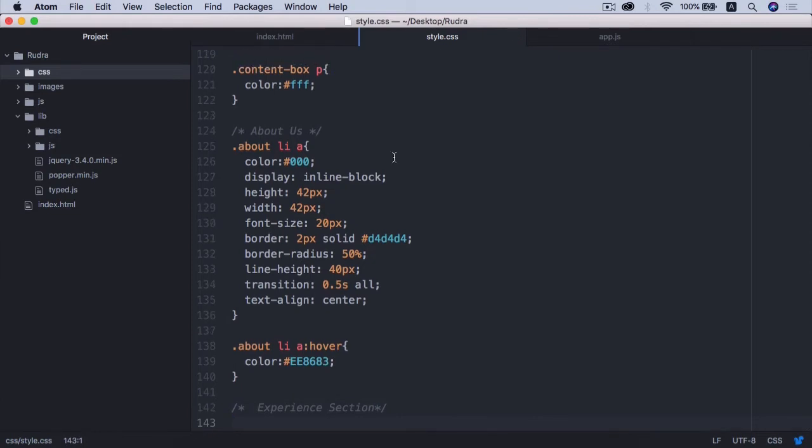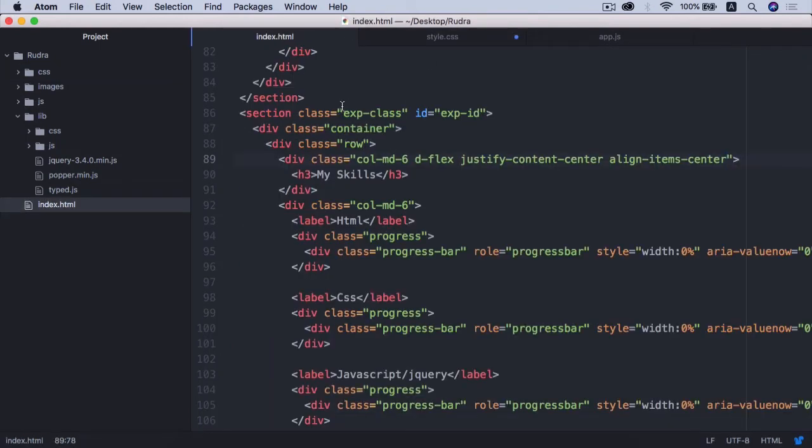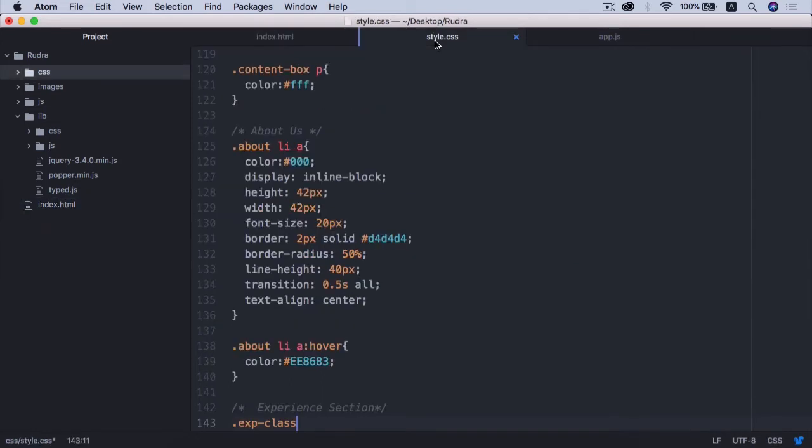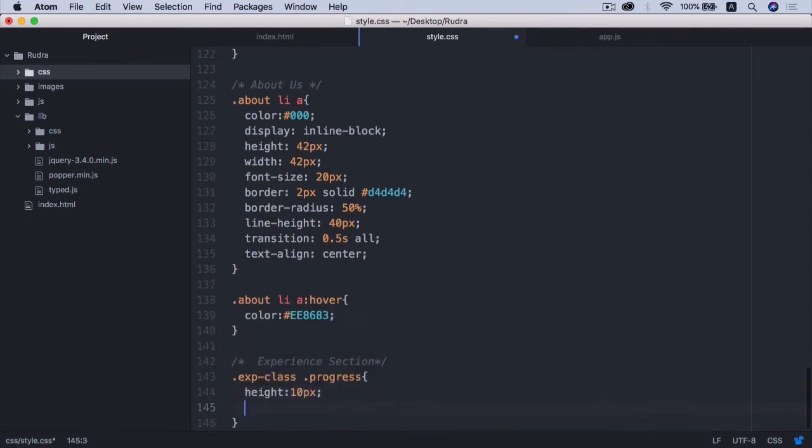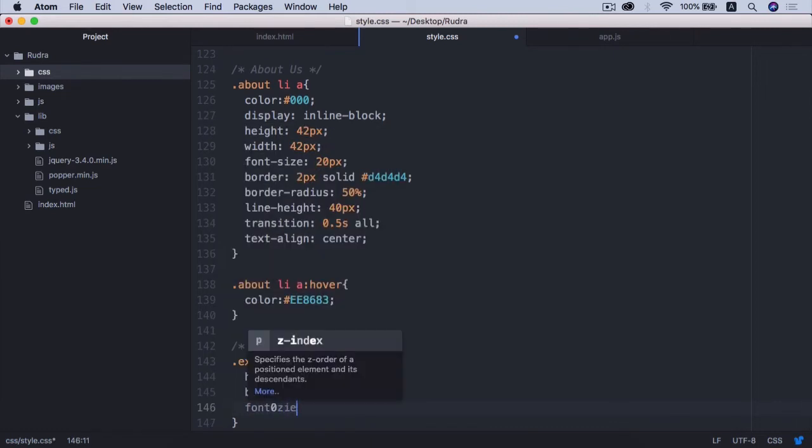Here, first I'm going to target the progress class. So write exp class. So I'm targeting this section, exp class, and then inside this we have the progress class. I'm going to give it a height of 10 pixel, border radius of 20 pixel. We get that roundness, and then the font size